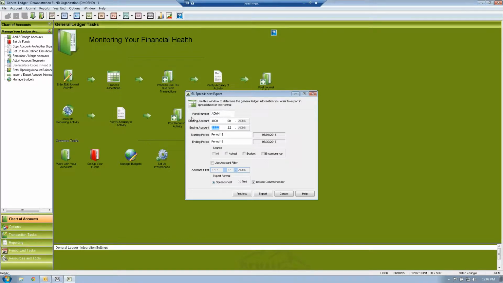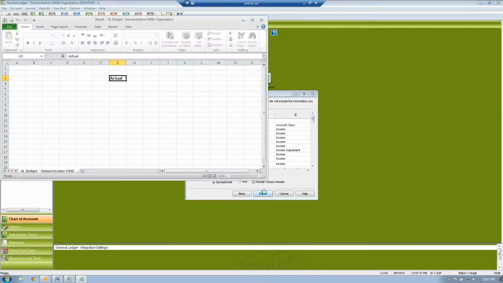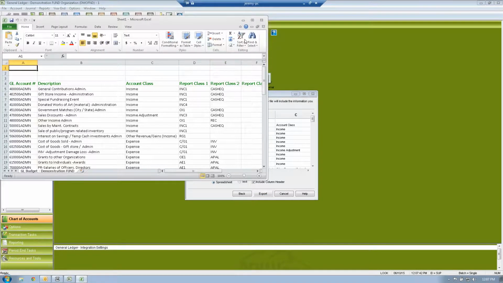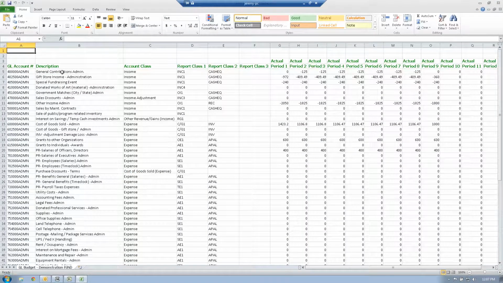We're going to run it just for the administration fund. And I'm only going to run my revenue and expense accounts. So we're going to start with account number 4000, 1 through 13 to get my first year. Just the actual information. I can also send the budget information over and the encumbrance for fund accounting as well if needed. So we're going to send that to our Excel, and when we export this, now as you can